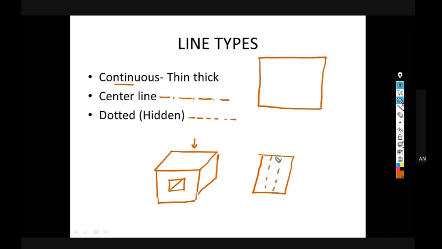Yes, sir. This is the thick line which I can see through my eyes. What I can't see is hidden behind, then I can use a dotted line, right? And if this block is very symmetric, I can draw a symmetric or center line of this. That means I can understand that